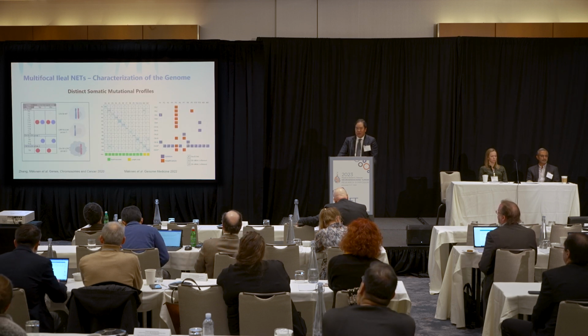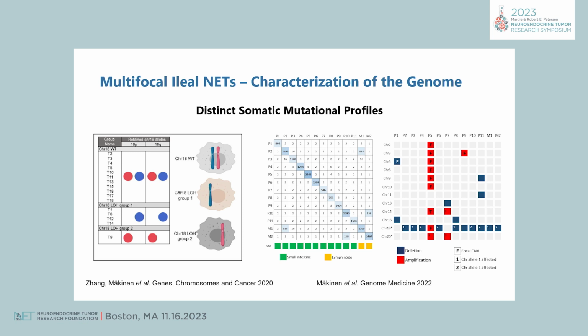So far, our collaboration has published 2 high-throughput sequencing papers that have, in summary, shown that these multifocal primary tumors are genetically unique. That is, they are not clonal. On the left panel, looking at patterns of chromosome 18 LOH within a single patient, you can have different patterns. You're losing different parts of chromosome 18 and from different alleles. So it's very interesting that these tumors are very different within the same patient.